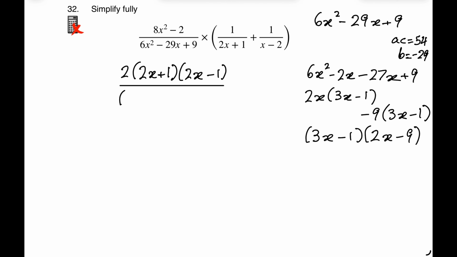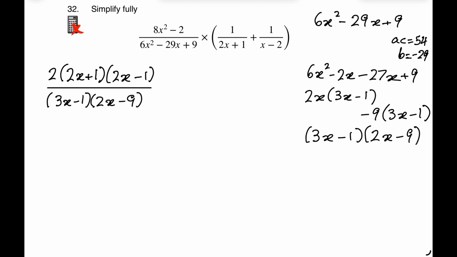Let's put those into my fraction. So 3x minus 1, 2x minus 9. Right, let's move over a bit so I've got space. So I'm then multiplying by whatever I get from this bracket here. Now, if I'm adding, I need a common denominator. So I'm going to want 2x plus 1 and x minus 2 as my denominator. So that means I'm going to keep my bracket, x minus 2 over 2x plus 1, add